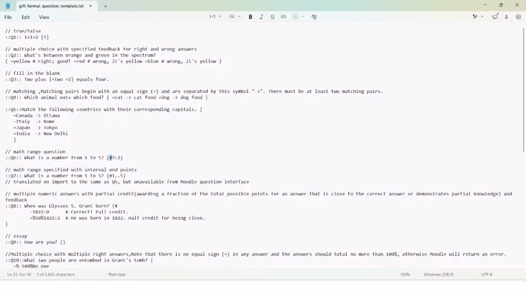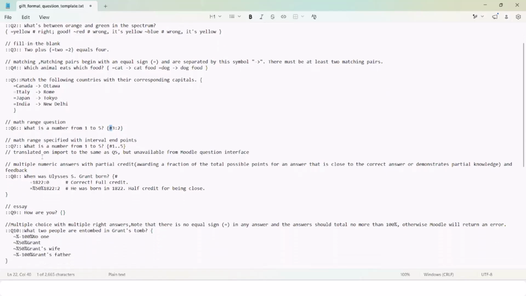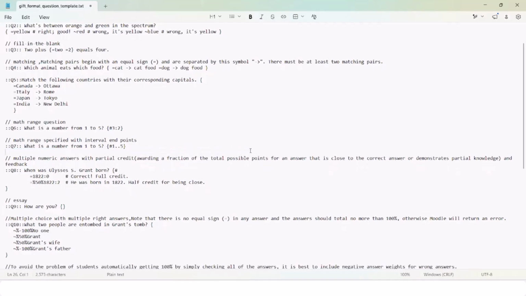Let's look at another example of a numerical question which has a range, which has a specified interval. So what is a number from 1 to 5? So hash 1, then 1, 2, 5. So anything between 1 and 5. Let me remove that comment. So let's look at